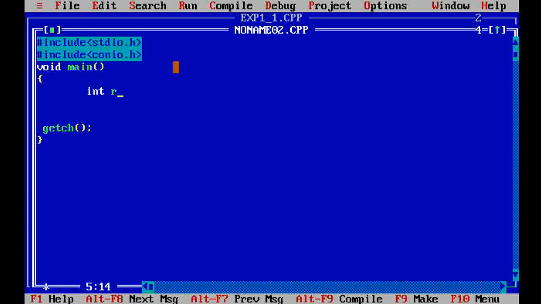So the radius is an integer type of variable, so we declare r as integer. Then float pi is a floating type of value, and the value is 3.14, so we write 3.14 here.